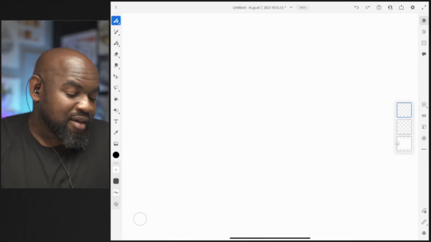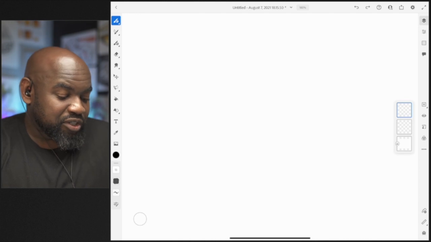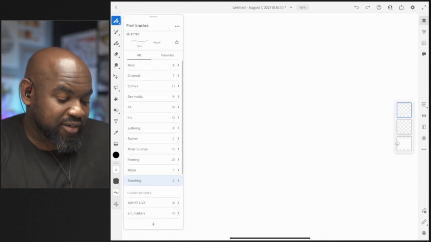Adobe Fresco uses 3 types of brushes, as well as different layers that work with these brushes. It might sound a little confusing or complicated at first, but it's actually really simple. If you do get lost in the process, you can always reference the workbook where I explain these concepts to you. The first brush is a pixel brush, and with each brush I can tap on the icon and I'm